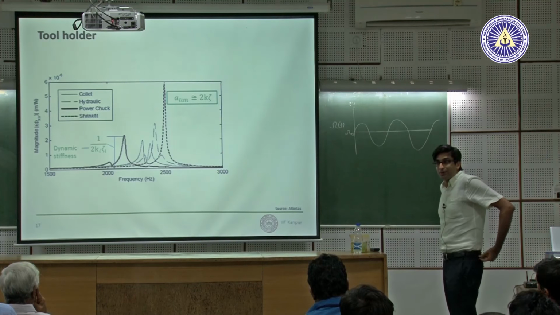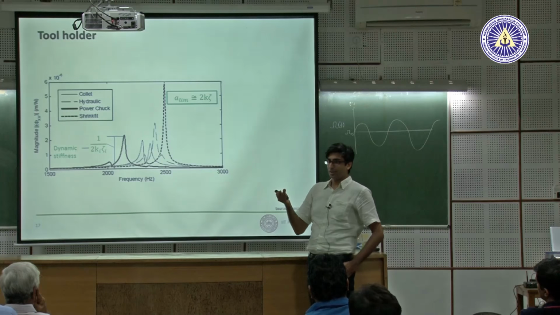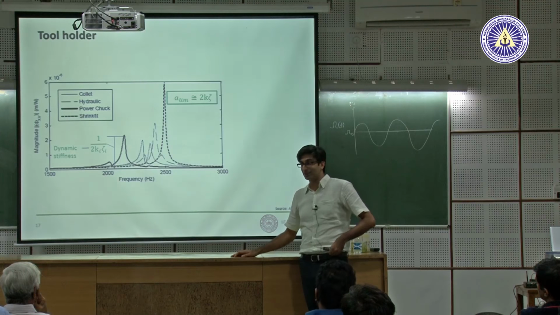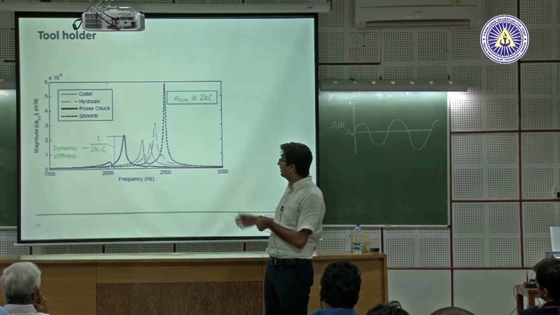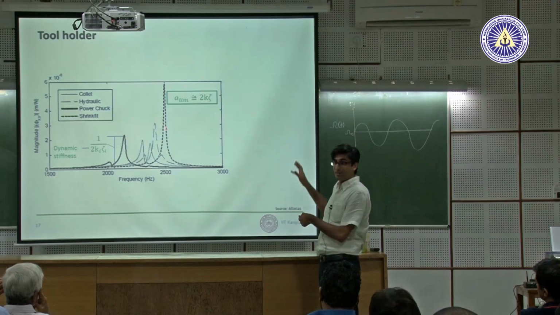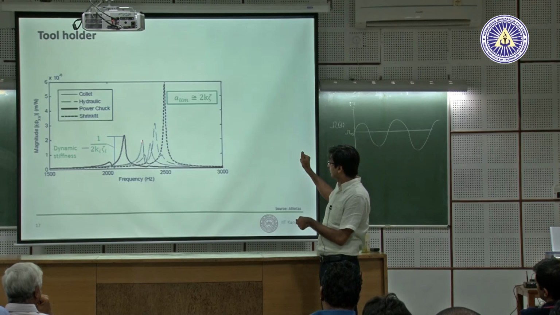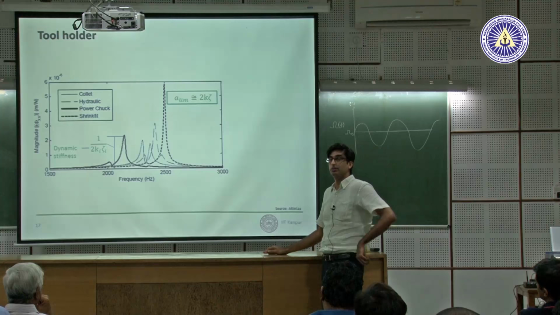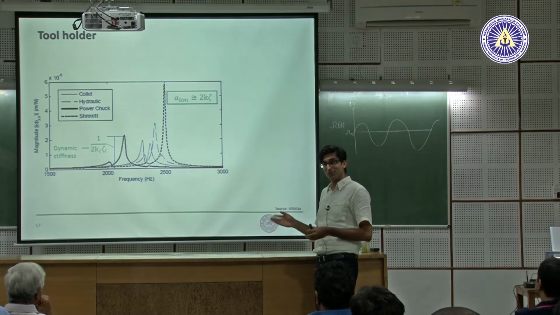If I ask you, out of all the types of tool holders that we have, there's Collet, there's Hydro Chuck, there's Power Grip, there's Shrink Fit. People will tell you Shrink Fit is the best, latest, best. Let's use Shrink Fit holder. But if you see, what we want is this to be as small as possible. And a Collet, which is here, or a Power Chuck, is what you should use. But people for some reason think otherwise. You're shaking your head. I don't agree with this. It's okay. We can show you.